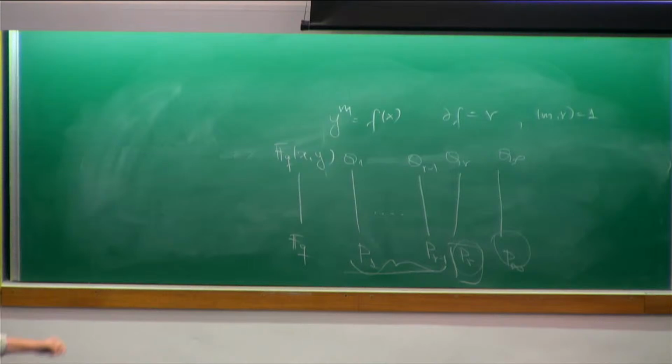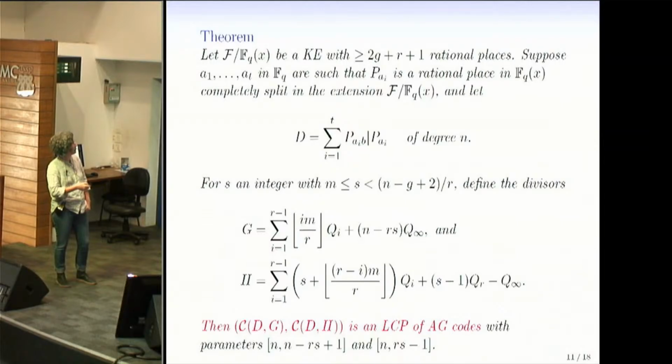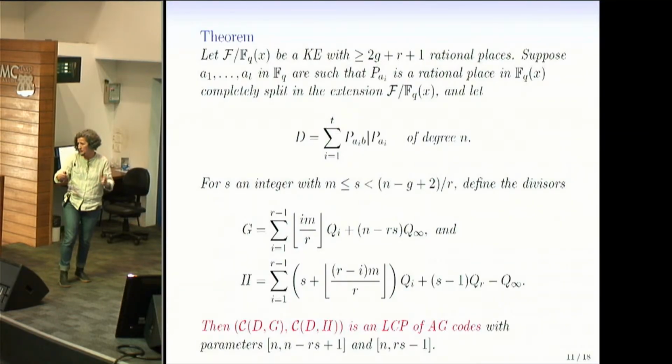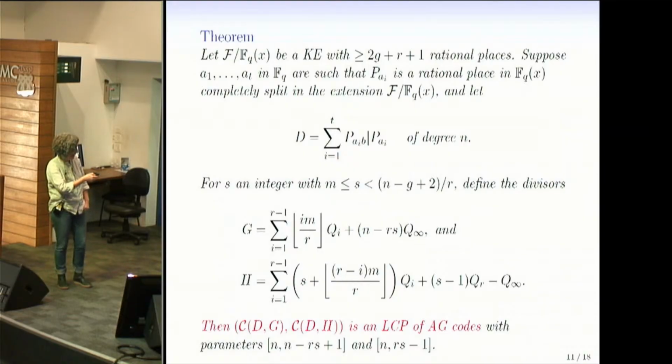Okay? And this is going to give you a linear complementary pair of AG codes. Well, this choice of G and H, of course, is not unique. You have other choices, so we have other choices that also work. Okay? And for some of them,